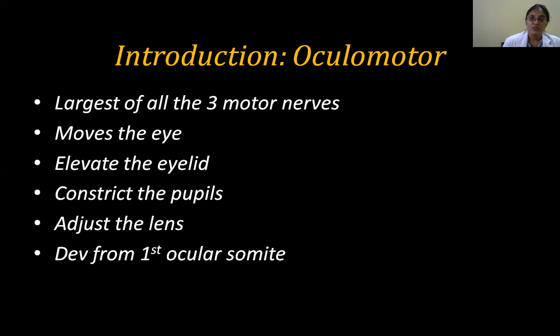When you close your eyes and want to open them, you need a muscle which will elevate your eyelid. That is the levator palpebrae superioris. Again, I mentioned the striated part. That means there is another part that is a smooth muscle part. The striated part is a skeletal muscle. It is under your voluntary control. If you want to open your eyes, you open. If you don't want to, you will not open your eyes. That striated part of that muscle is under the control of your oculomotor nerve.